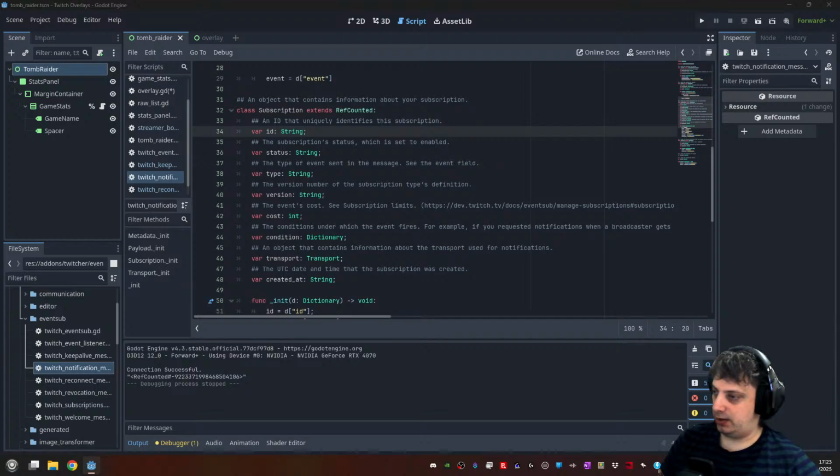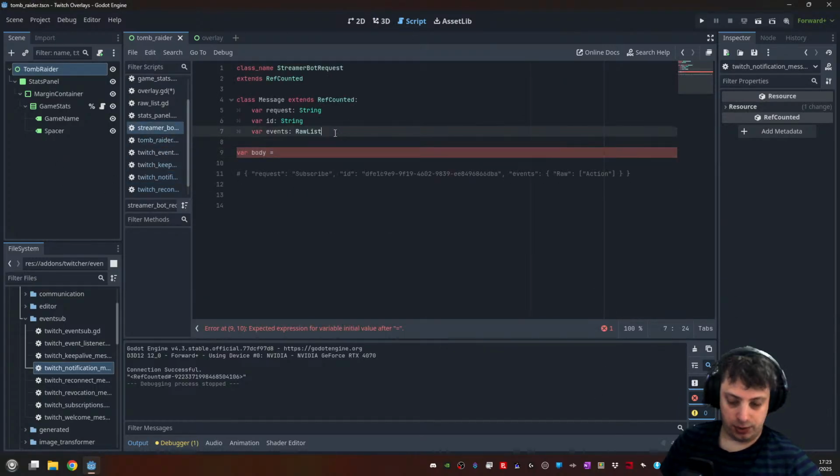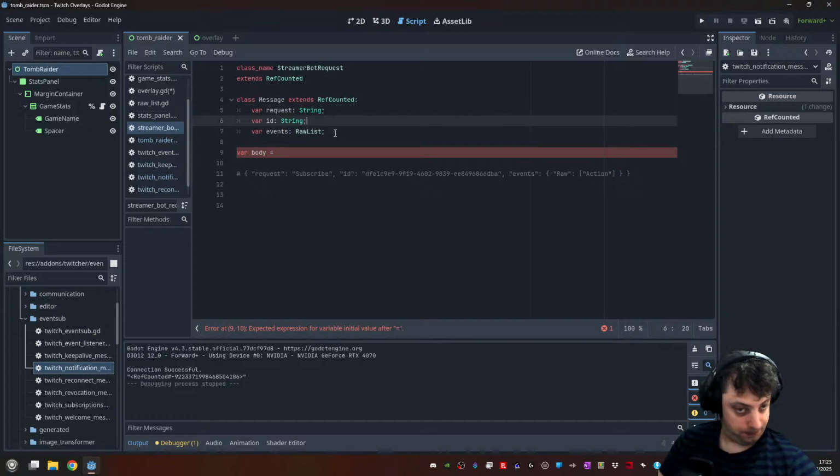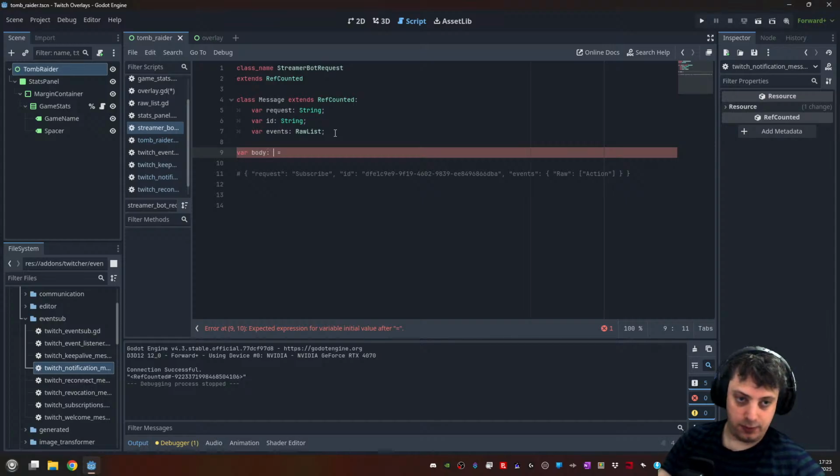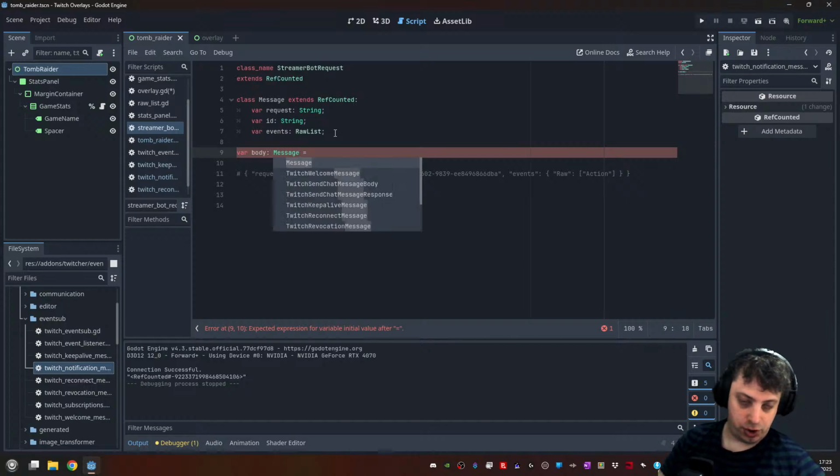Okay, so it's, can use semicolons. Completely optional, but allows. So body type message